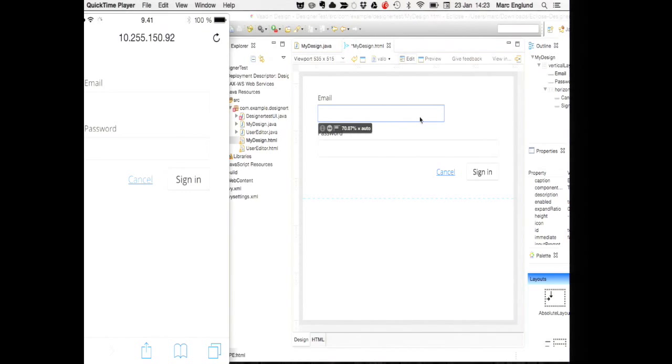You can have your iPhone and your iPad lying around, and while you're designing, you can see how the changes affect your UI, and did you remember to make the components scale